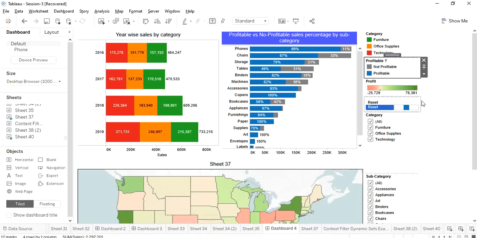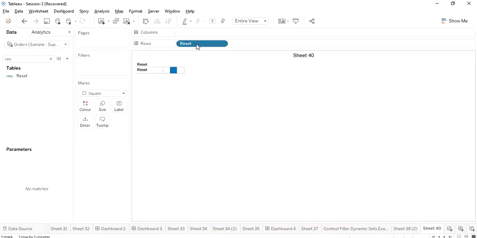Here I created one button called reset button. This reset button is nothing but something I created using my